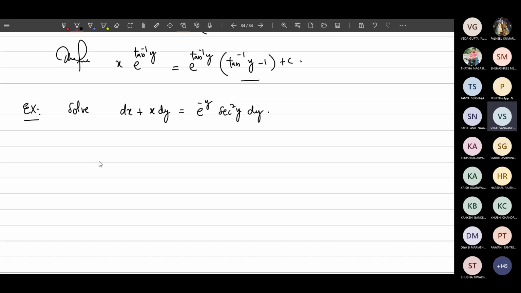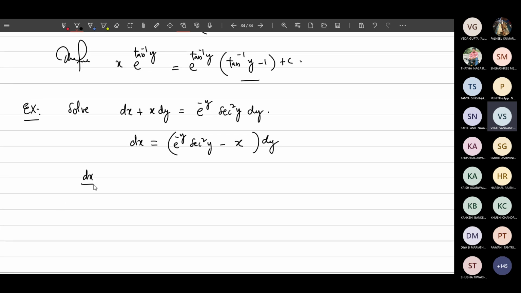So this is either because of the dx coefficient, because there are two points here: on the left side dy is there, on the right side also dy is there. But you have to put it together so that dx is alone here, and the dy coefficient you can put on the other side, or equal to, that is easier. So dx equal to, the dy coefficients together, e power minus y secant square y minus x,